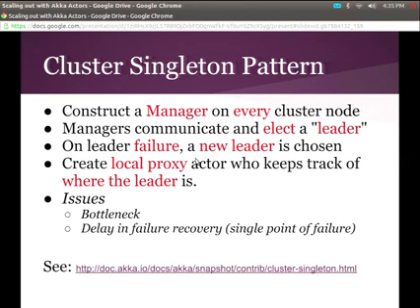One of the issues here is there's a bottleneck with the singleton pattern. You have one actor handling everything in your cluster, all messages coming to it. We'll deal with that next, how to help take away some of the bottleneck. And the other issue is there's a delay. If a node crashes, it takes a certain amount of time to detect it crashed, and then it takes a certain amount of time to renegotiate a new leader.